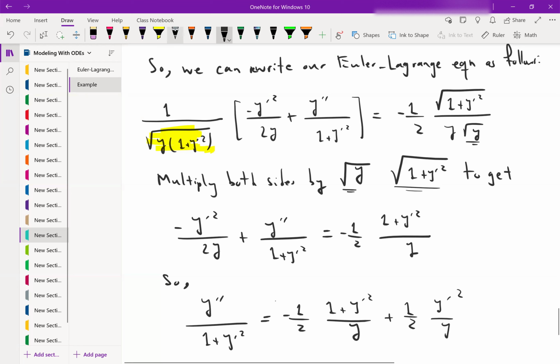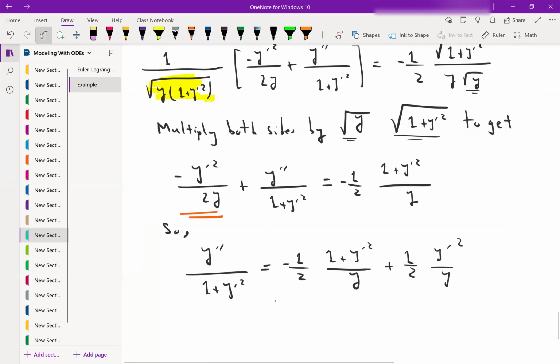I just brought this term to the right because it has 1/2. The other term on the right also had 1/2. So I can factor out 1/2. So that means that y double prime divided by 1 plus y prime squared is equal to